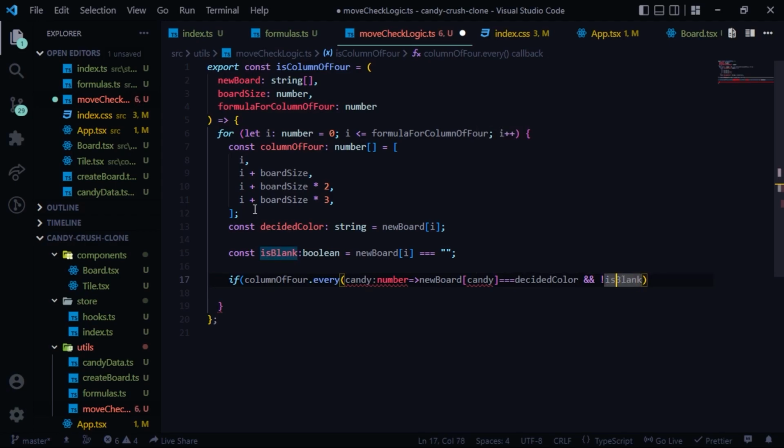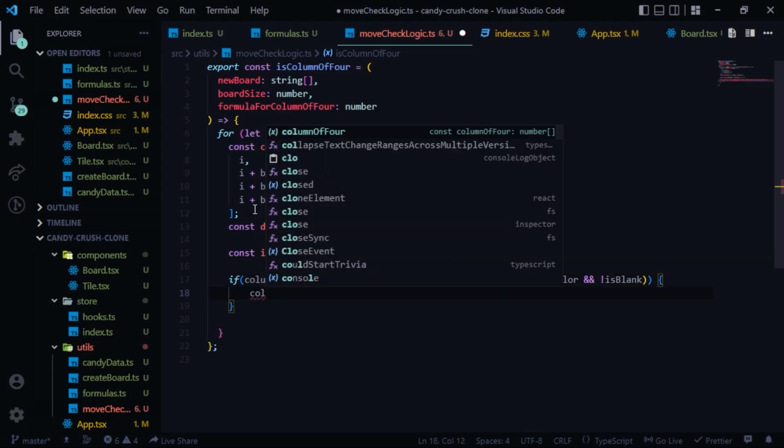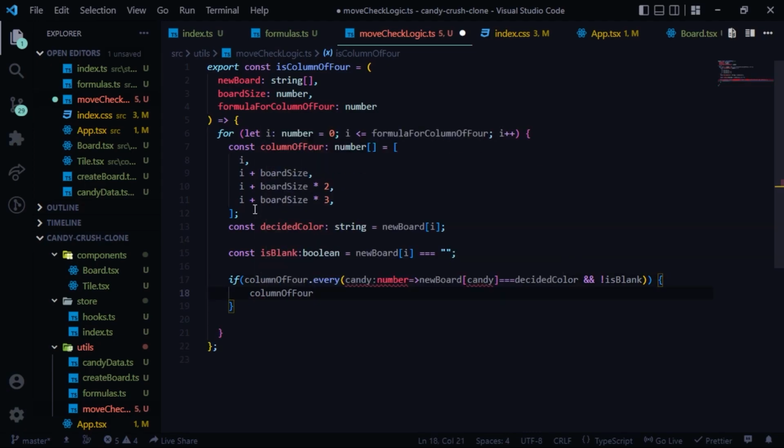If these all conditions are true, then this would move forward inside the if condition, and we'll